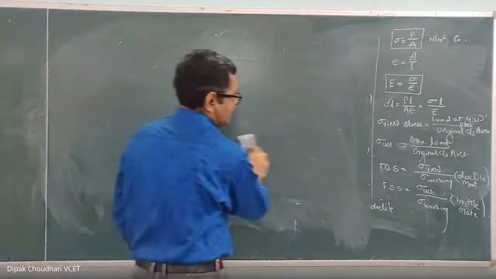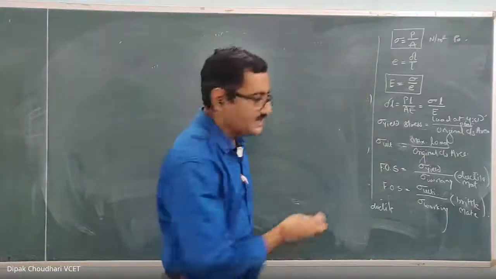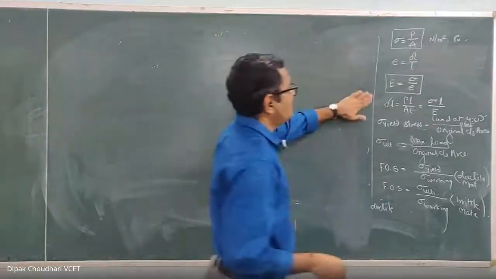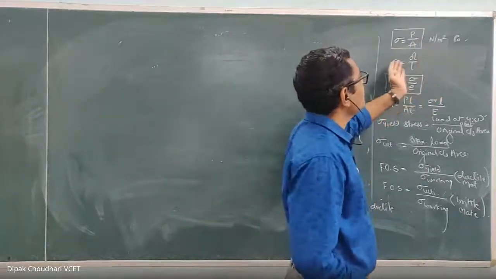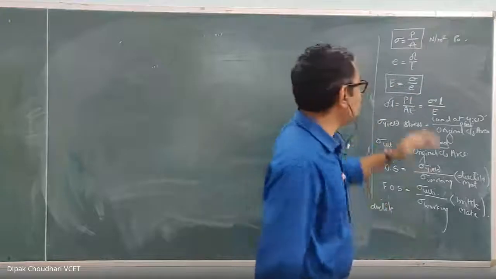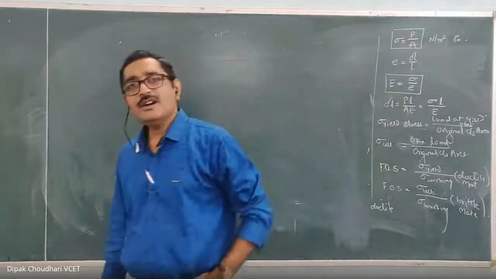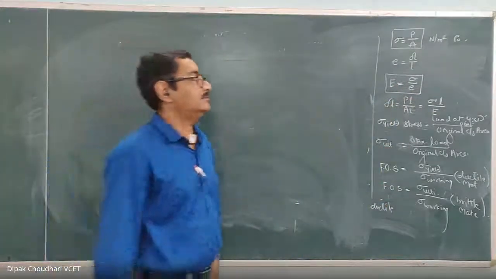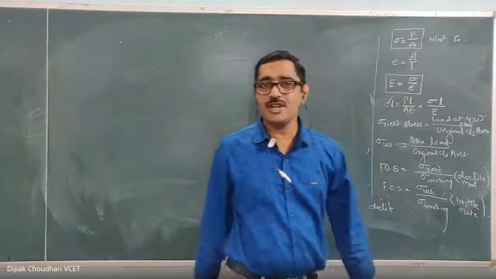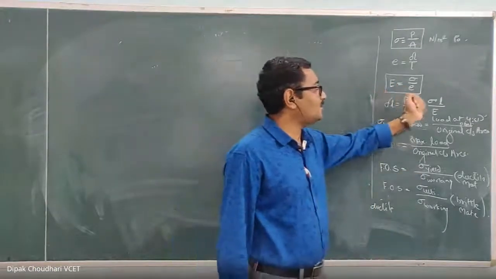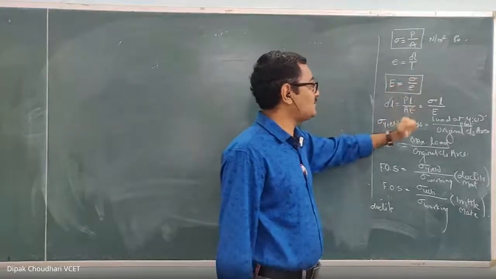Now, we have started with stress and strain here, and we know that stress is the force per unit area. Strain is the change in length upon original length. Then within the elastic limit, the stress is directly proportional to the strain, and the constant of proportionality is known as Young's modulus or modulus of elasticity, equal to stress upon strain.